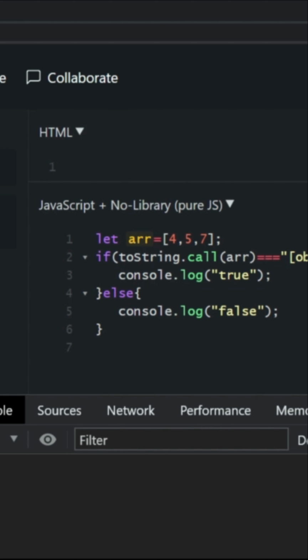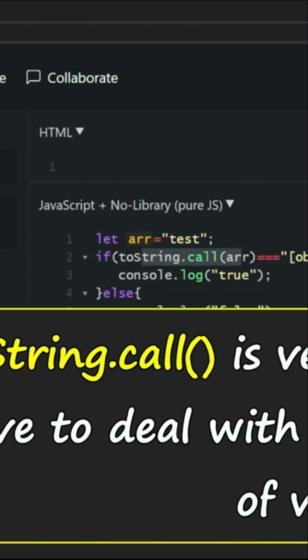So let's run this code now. As you can see, it says now that it is true. Let's change the value of the array variable. I'll say test only and run it. So it says false. So toString.call is very useful when you have to deal with more detail